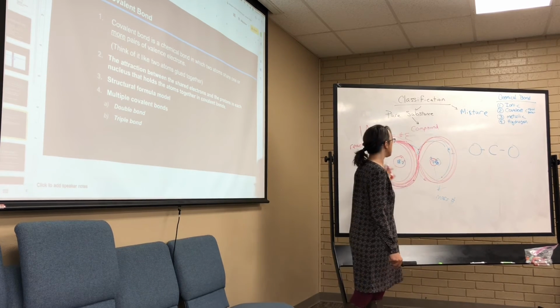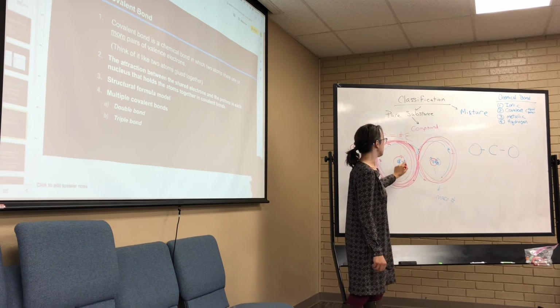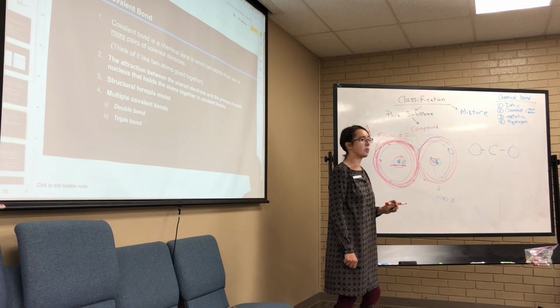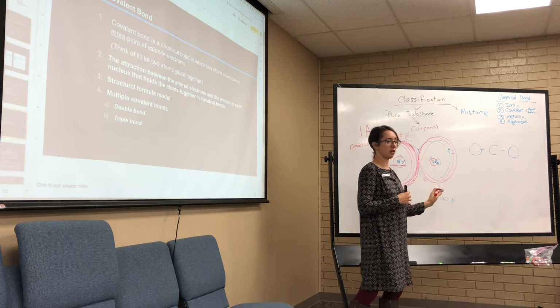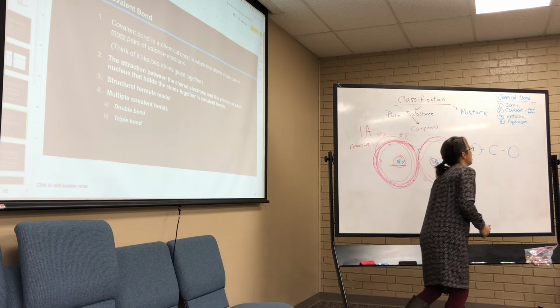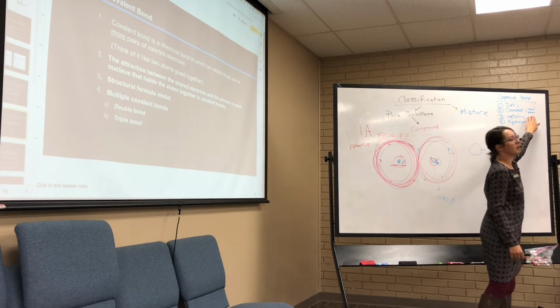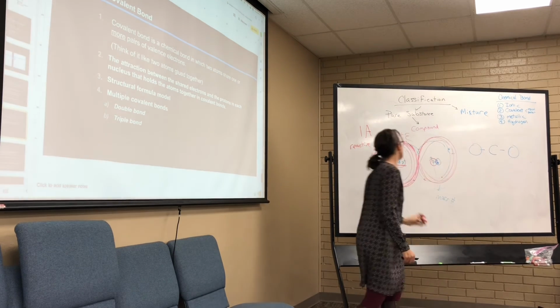So our electrons are going to be orbiting around the element that has the greater positive charge, and what it does is it throws it off kilter. And those are called polar bonds. Because what it does is